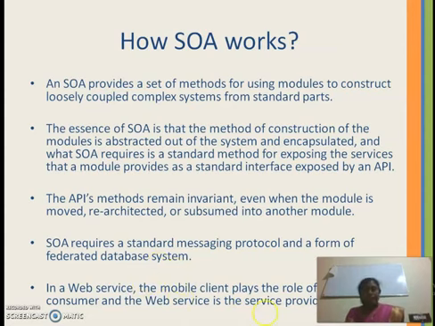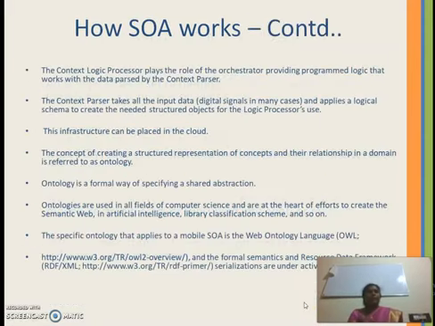In a web service, a mobile client plays the role of a service consumer, and the web service is the service provider. That everybody knows. How does it work? There is a context logic processor that plays the role of an orchestra, and it is going to provide the programmed logic that works with the data that is parsed by the context parser.